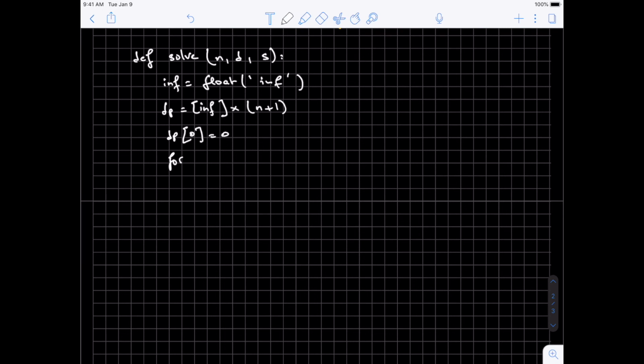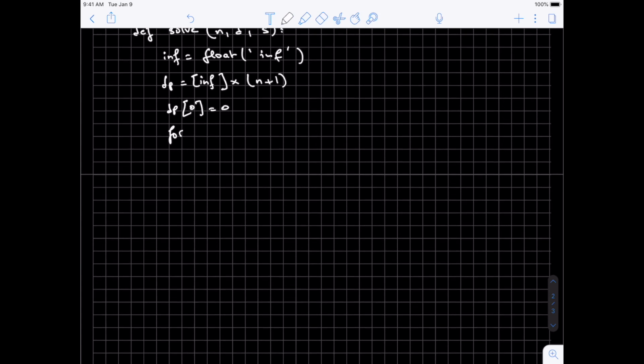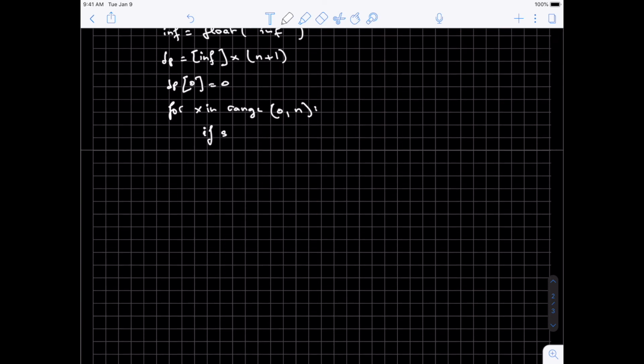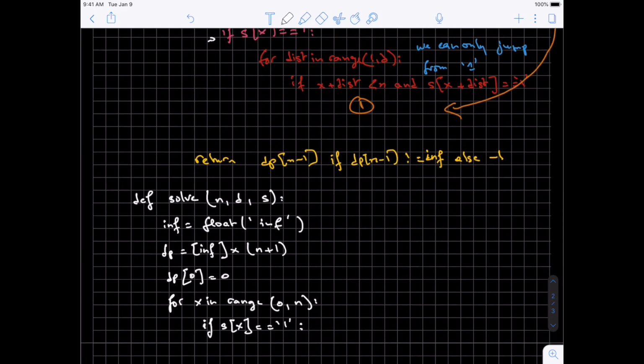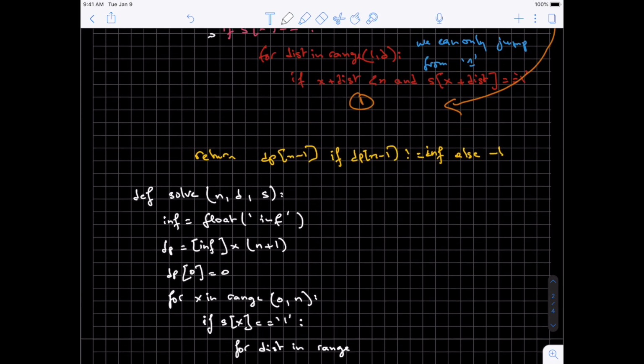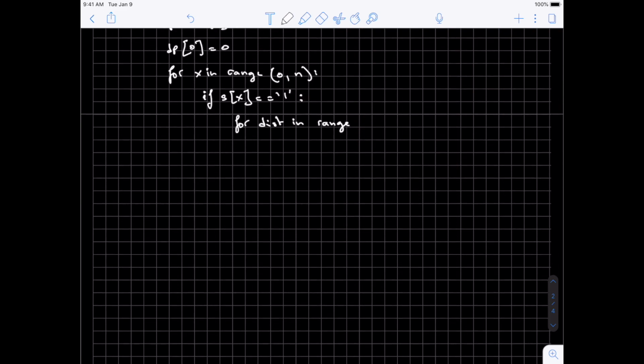And then after that, we need to start our iteration that we mentioned here. So that would mean we need to go for x from 0 to n, like here. So for x in range of 0 to n, what we will need is to check, same way we did here, that the value is 1. So if the value at that position is equal to 1, then that means we can do our loop here for the distances. So we do for distance in range of, here we are going to try everything, so we don't have to start from the highest distance value. So we go just with 1 to d,